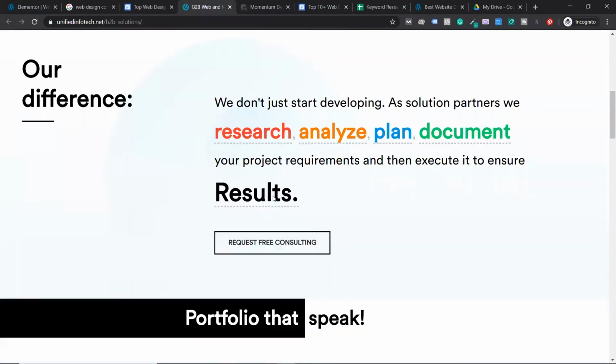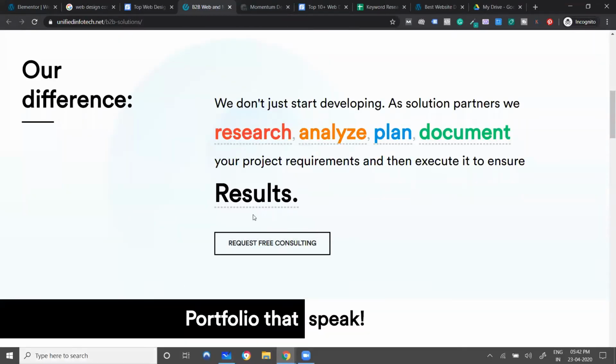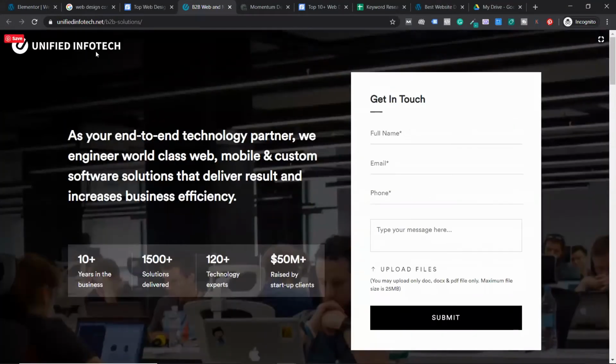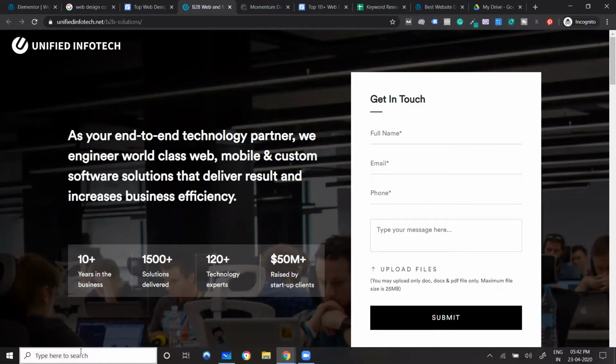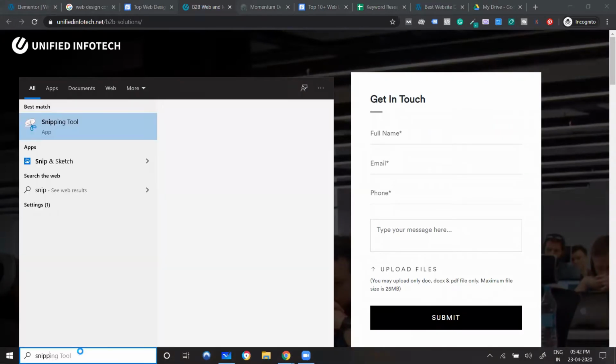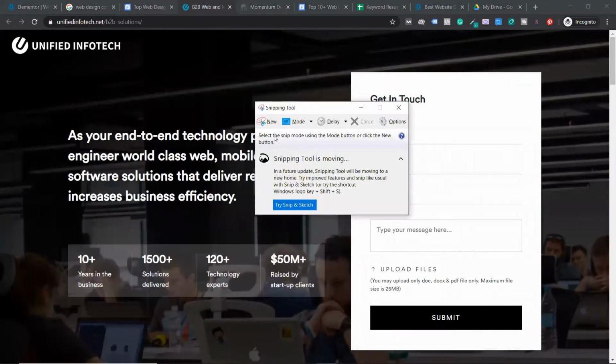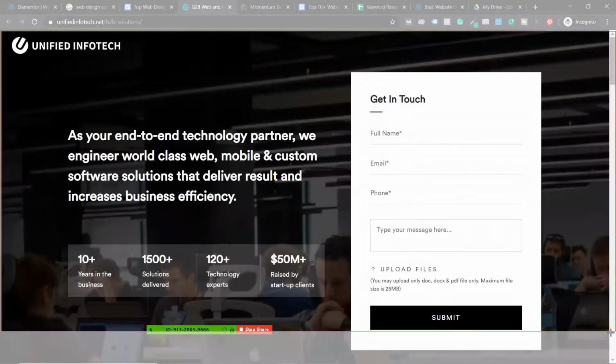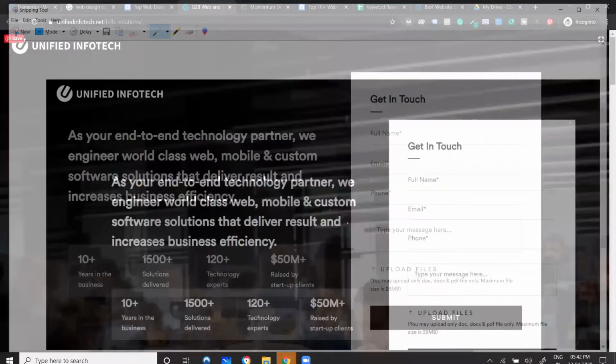And afterwards, what I do is I use a tool called a snipping tool. So I say, for example, I really like this section for my page. So I'm going to search for the snipping tool. You know how to use a snipping tool? Just select it and take a complete screenshot. Okay, now this I will save as a header.